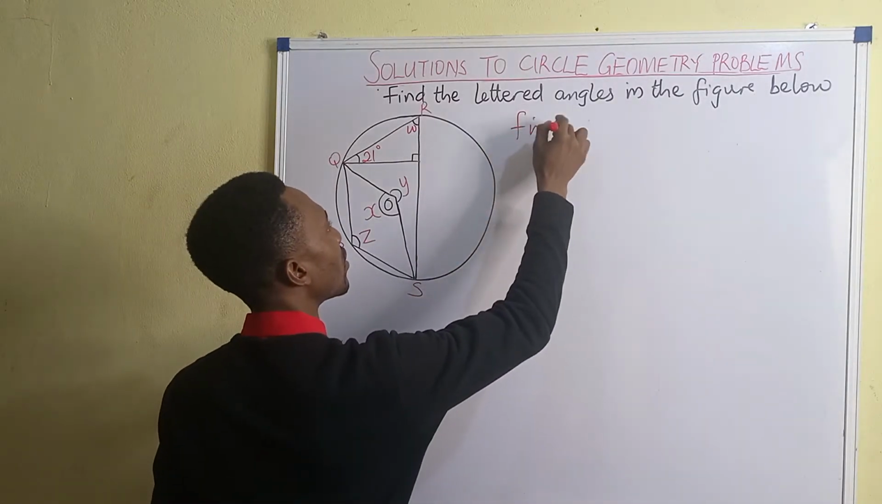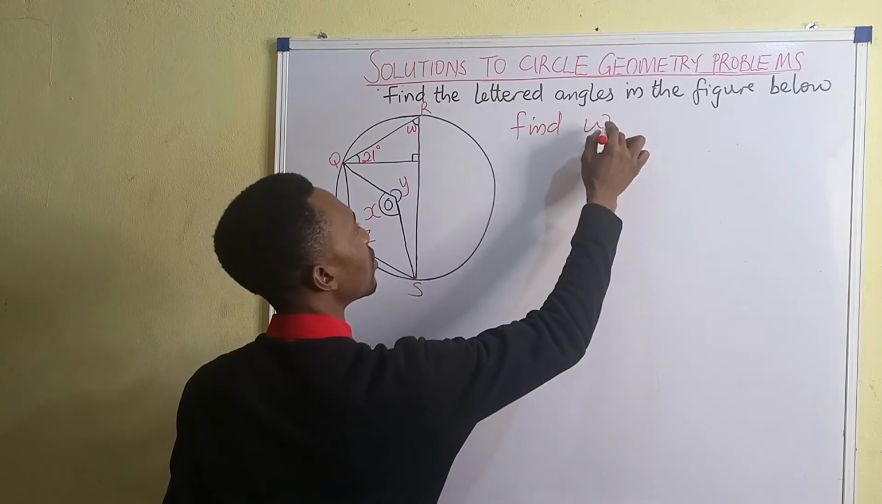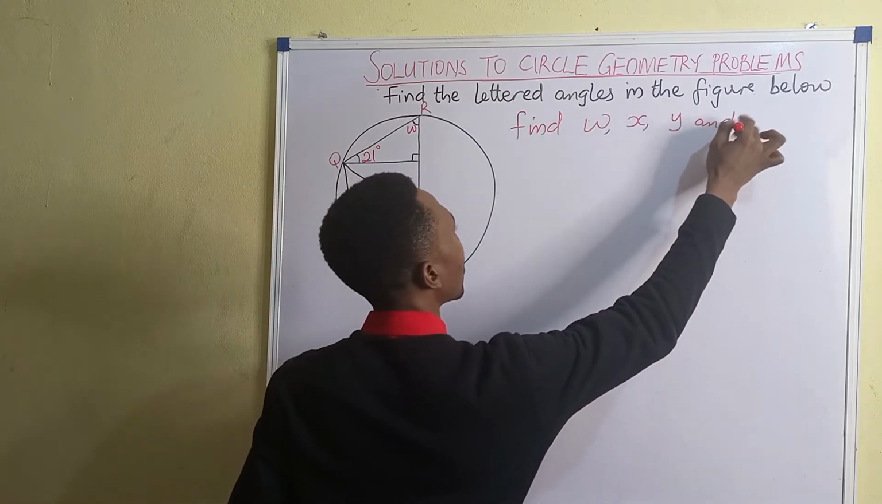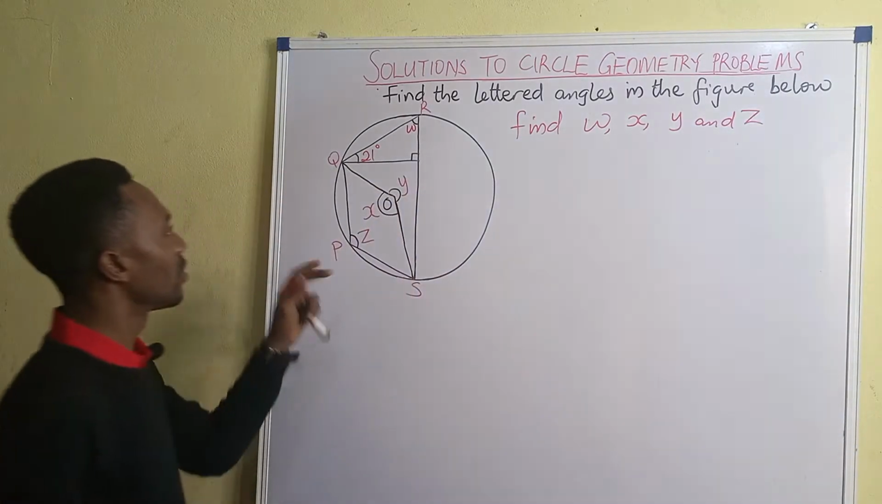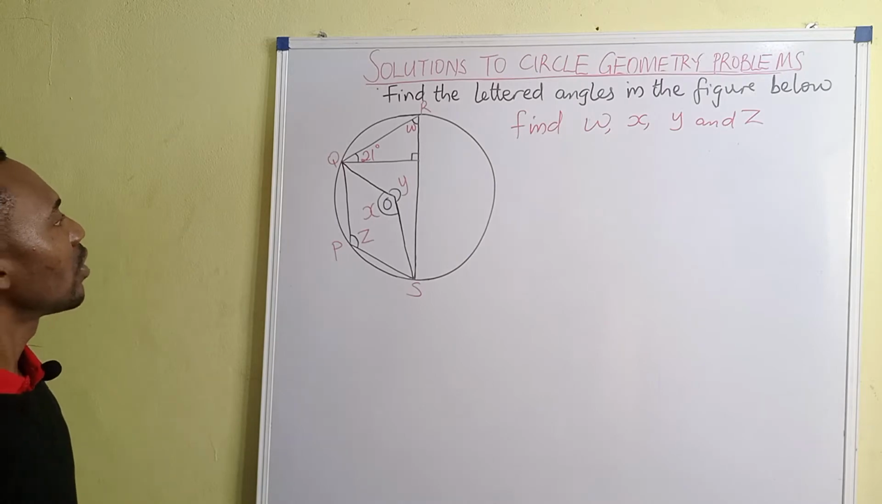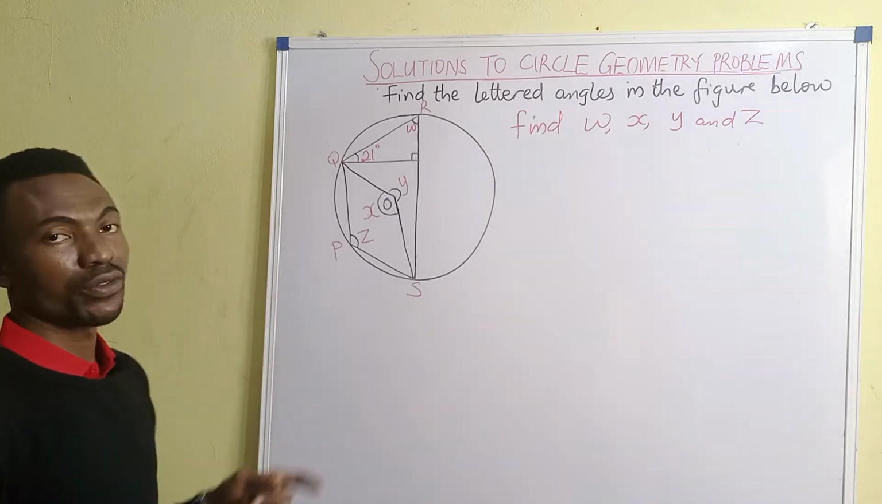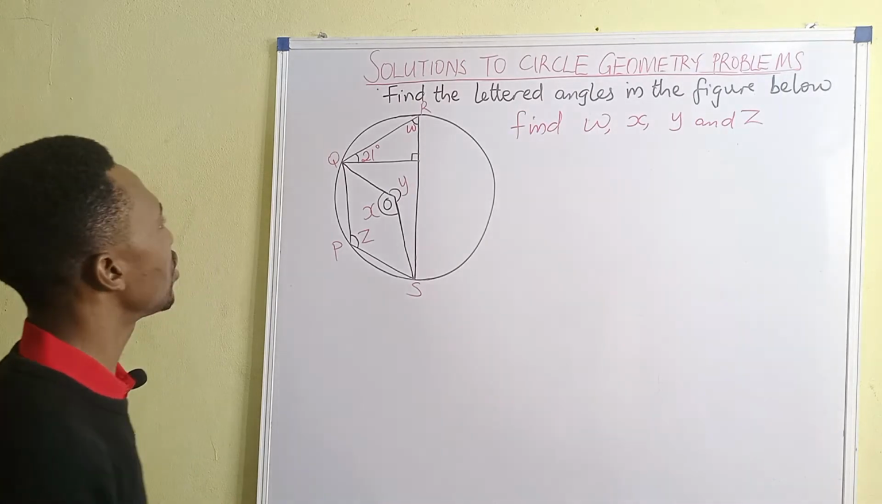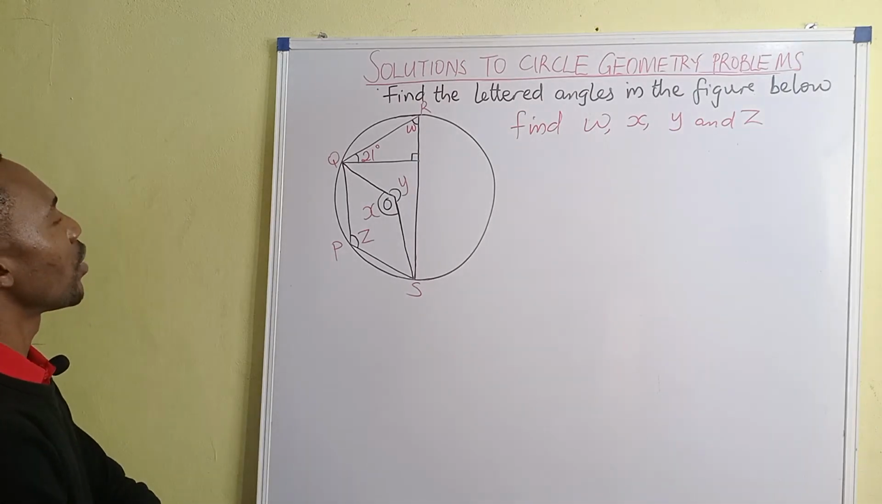Find W, X, Y, and Z from the shape. Now, we can't solve these problems without first knowing some theorems like we have already established. Now, what are the theorems we are going to be applying? We have